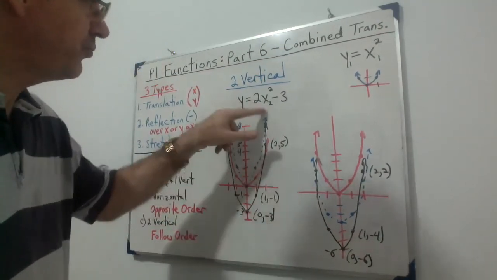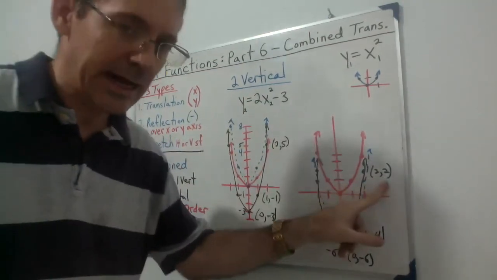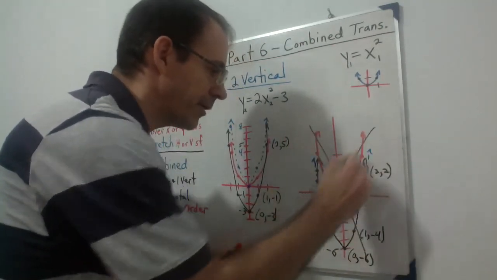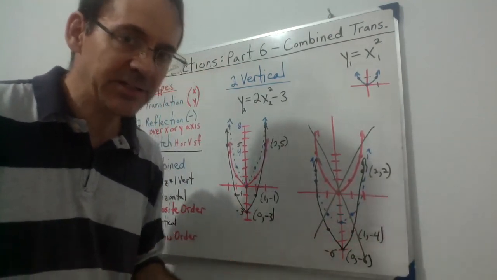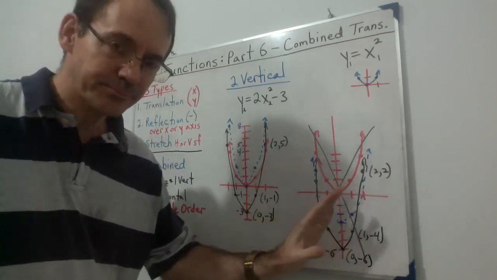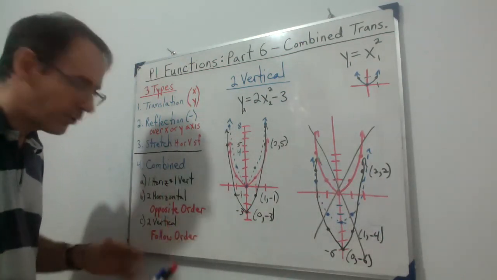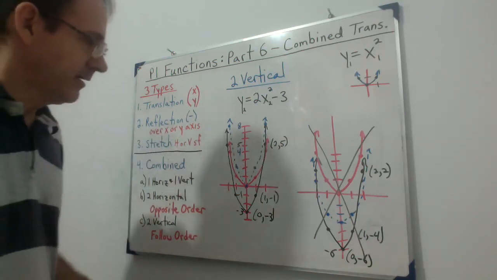If you plug in a 2, 2 squared is 4, times 2 is 8, minus 3 is 5, not 2. So if you do it in the wrong order, it might, and that's the key, it might come out wrong. So since you don't know, please follow this, write it down in your notes, and